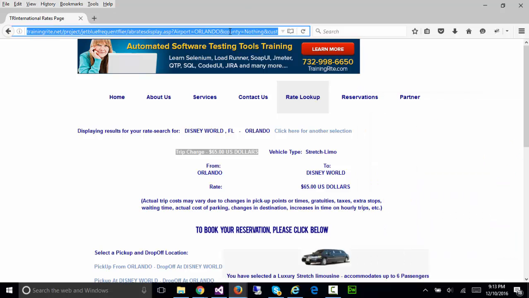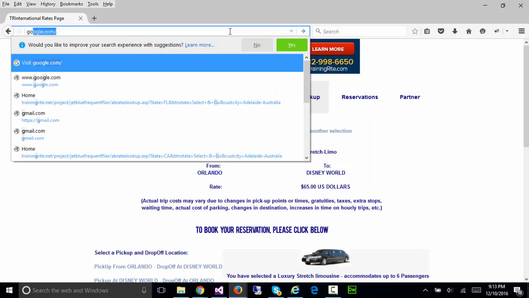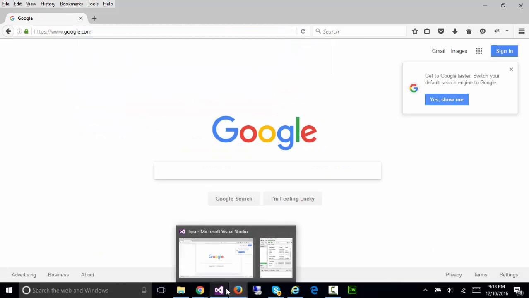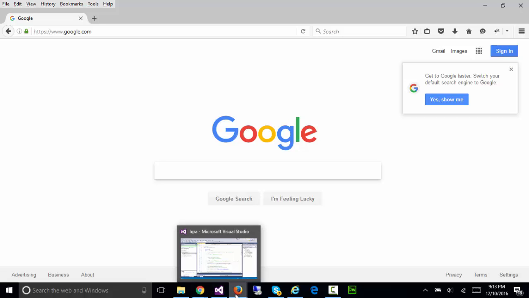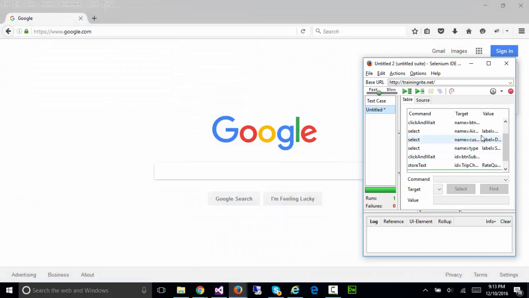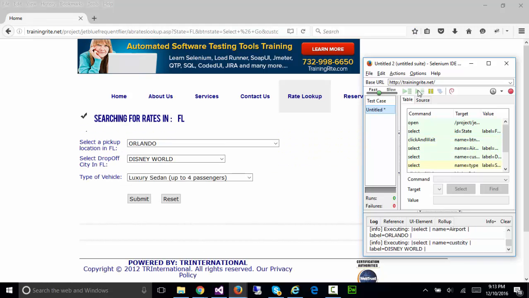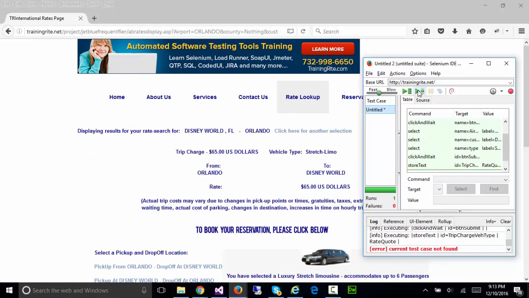Before we do that, let's go to another site so that the recorded test case can start from the beginning. So we'll go here and click on play current test case. But we'll first go to the page and choose the selections which we made, and so it ran one test